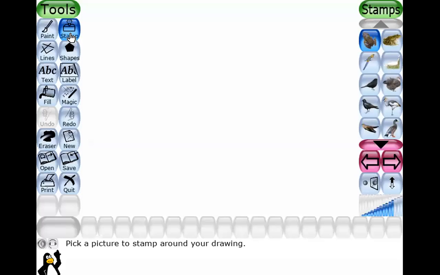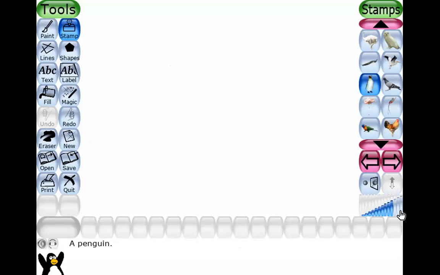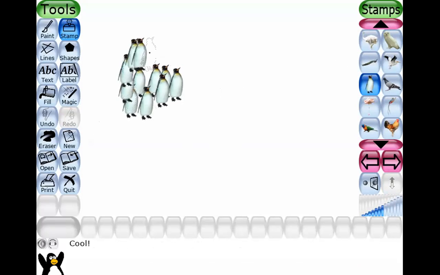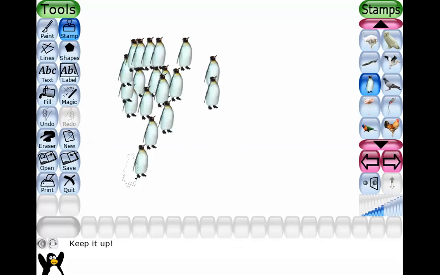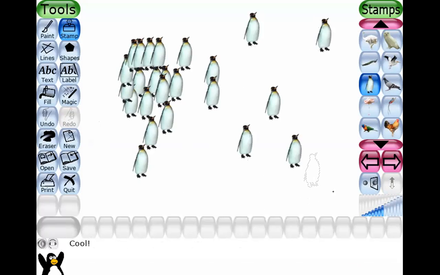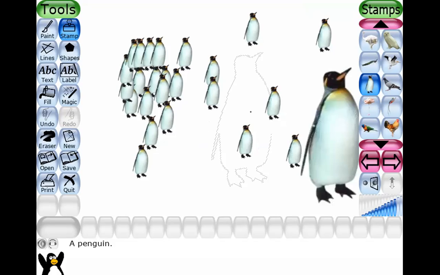Select a stamp from the available stamps on the right. We can select the stamps and stamp size here. Then click on the drawing area where the stamp needs to appear. We can also change the size of the stamp.